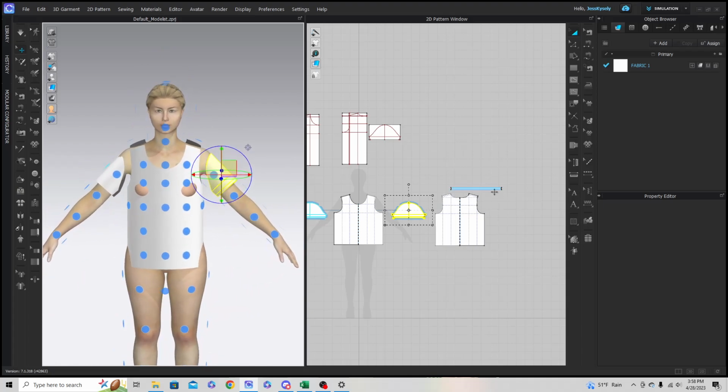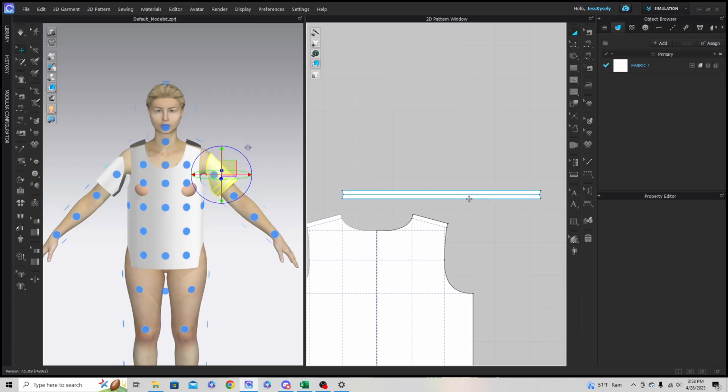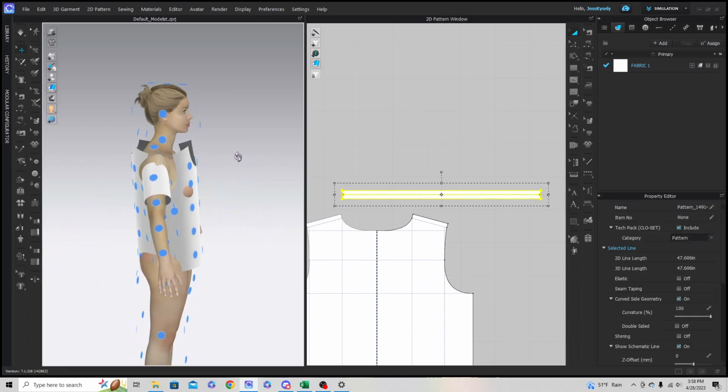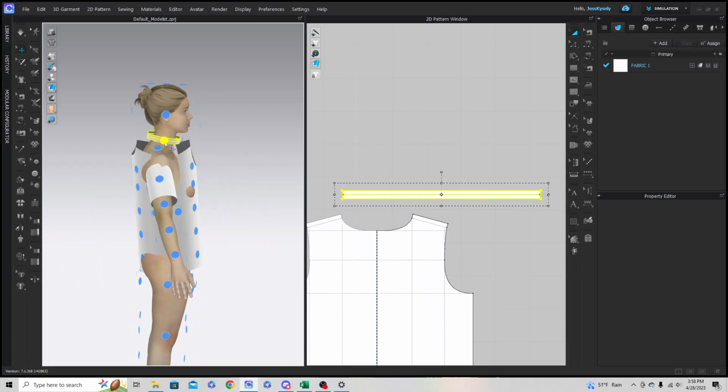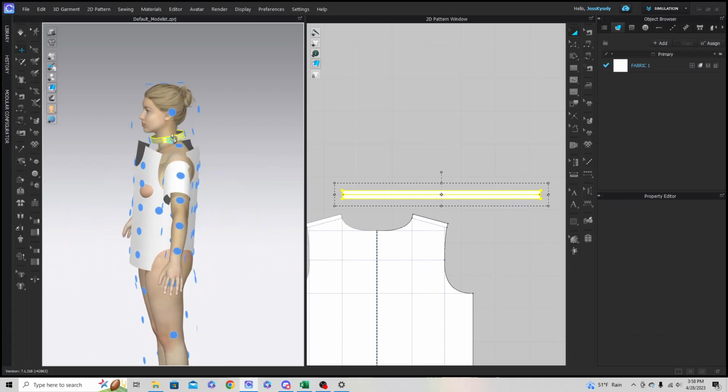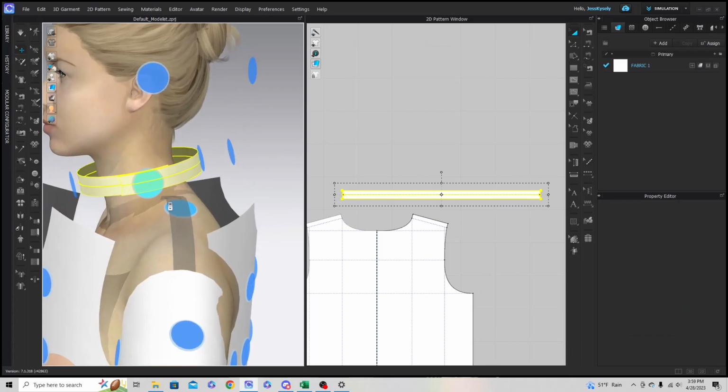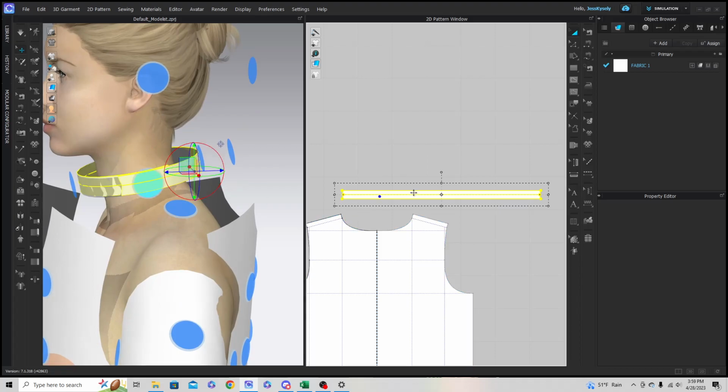The last thing we need to arrange in 3D is the neckline trim. So select the trim, and I'm going to click the dot on her right side since the seam is at her left side. If I zoom in, I can see the pieces overlapping a little bit. So if I click that piece in 2D,